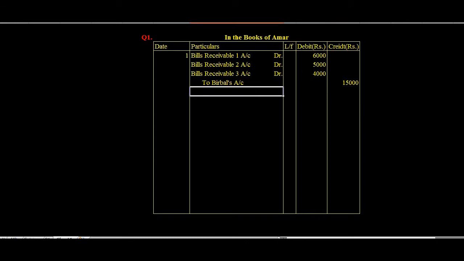Under all normal conditions, when you are solving a question, when you are writing in your exams, please remember every journal entry will have narration. That is a compulsory requirement. However, at this point, because we are in the learning stage, I am not going to write the narrations here. But remember, narration is an integral part of a journal entry. Do not forget to do that in your exams.